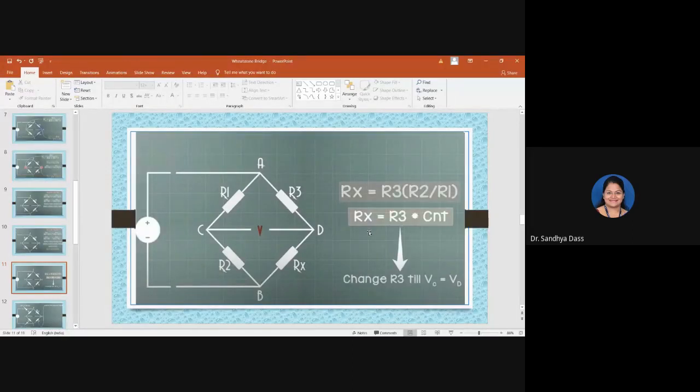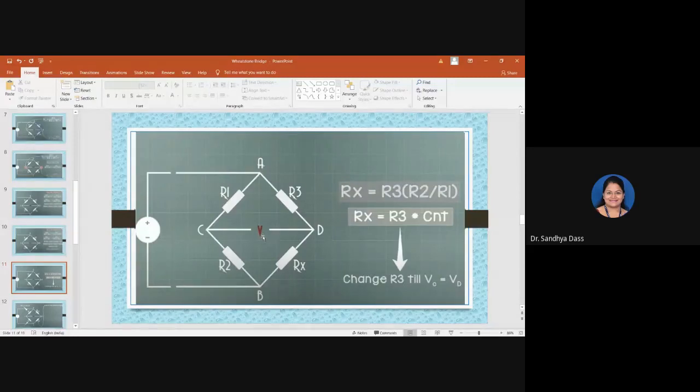So the simple method we use in our lab is a galvanometer here. Why do we use that? Because we just now discussed that the current flowing in this path during the bridge balance condition will be 0, right? So if a galvanometer or an ammeter is connected here, then there should be no current flowing through the device, which is indicated by this galvanometer or ammeter. So that means there should be null deflection. There should not be any current.